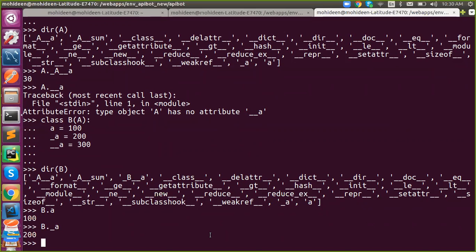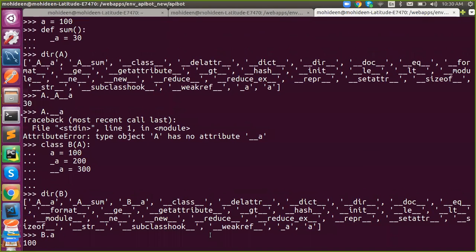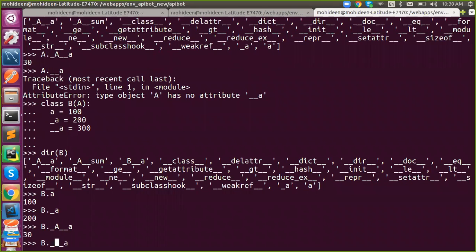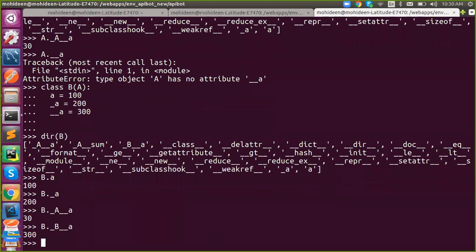Have you noticed the mangling? Both the double underscore variables exist, right? So underscore underscore a in A and underscore underscore a in B, under their class names. So that's why we can go with private: the value won't be overridden in the outside scope. Inside it will act like that. The purpose of encapsulation is to hide information outside, not inside.